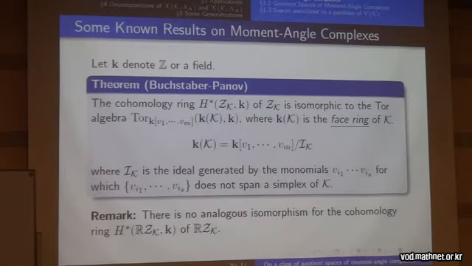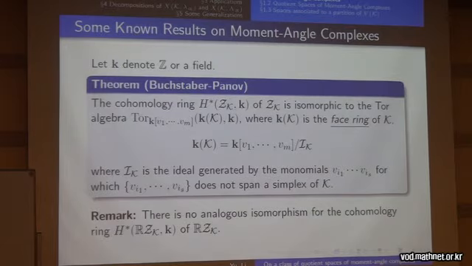But the remark is there's no analogous isomorphism for the cohomology ring of the real moment-angle complex of K. I mean the ring structure. If you just want to compute the cohomology groups, then this kind of formula can also compute them. But for the ring structure,